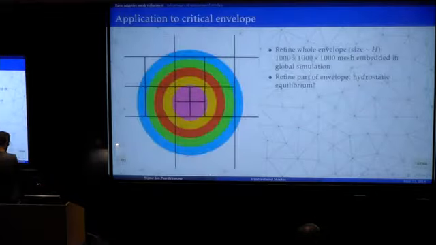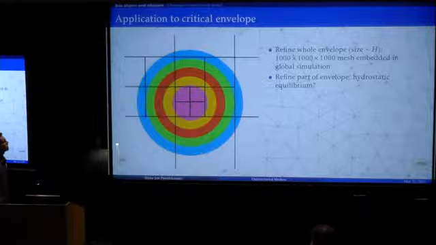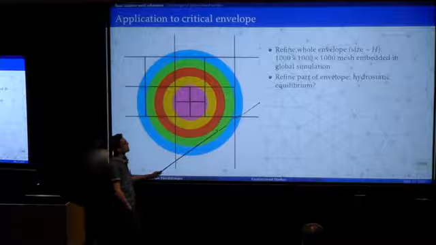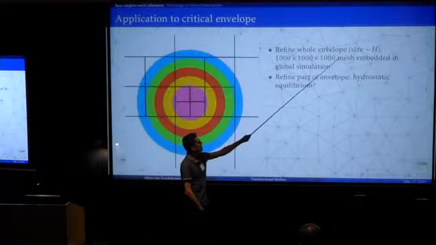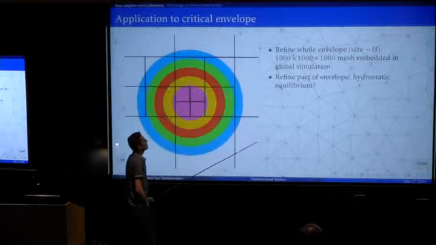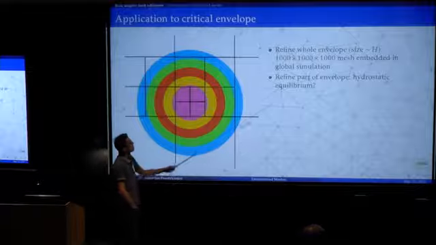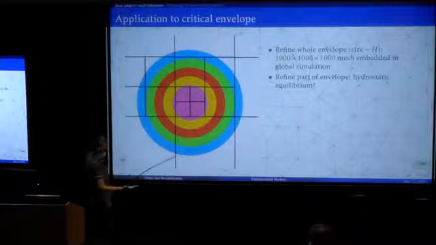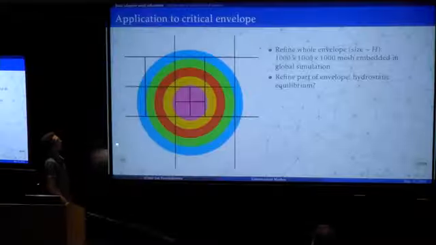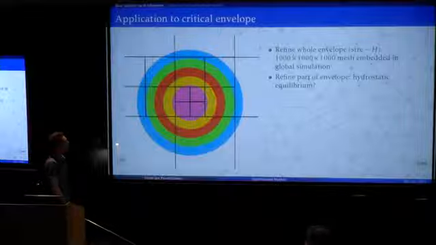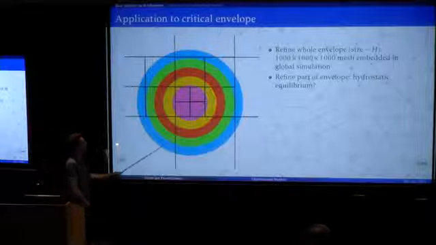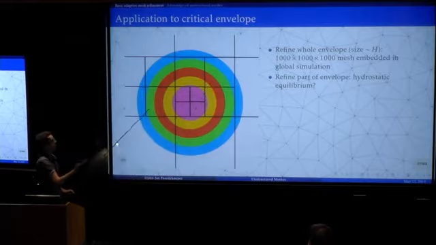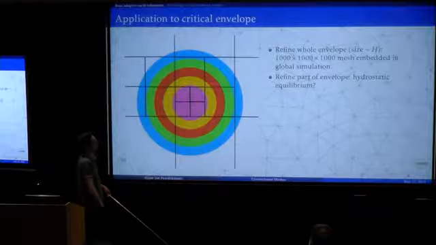So for the second example, if we think back to the planet envelope that we want to resolve, one thing you might try is, well, if the whole envelope is about the size of the pressure scale height of the disk, you might think, well, let's embed a 1,000 by 1,000 by 1,000 mesh, which is the whole envelope, refined so that we can resolve the core. But that's just challenging in itself to do for a long time. But this then still has to be embedded in a global simulation. So that has become